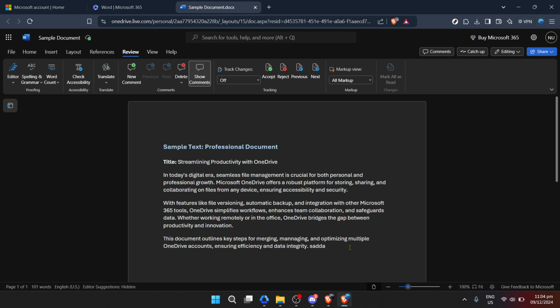Whether you're drafting an important email, compiling a report, or just jotting down a few notes, understanding how to navigate and utilize Microsoft's suite effectively can streamline your tasks and